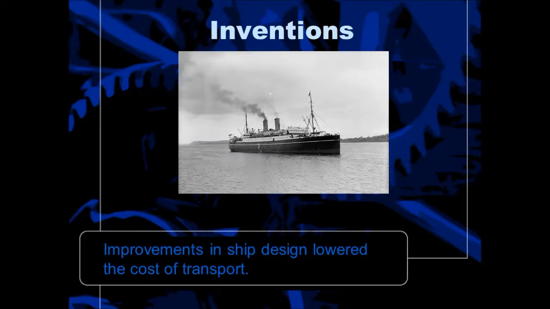Improvement in ship design was a really big deal too, because if the ships were faster through the use of steam, then it wouldn't cost as much to transport your goods. So with ship design, not only did you include the steam power, but they also streamlined the boats and made them lighter, so that also made them faster, and they made the bows of the boat larger and hollowed them out more so that the boats could carry more. All of this improvement in ship design made it much cheaper to transport your goods and to physically move as an individual. Your ticket on a boat wouldn't be as much. So it increased trade, and it also increased the movement of people from place to place.